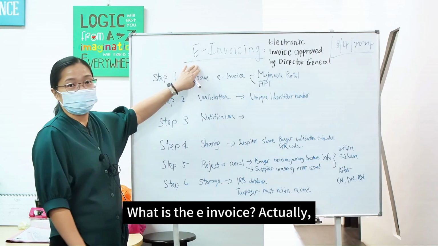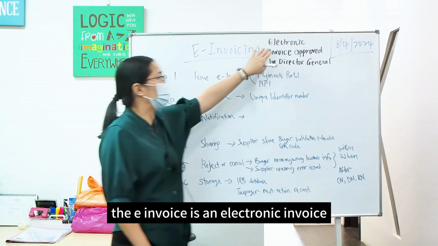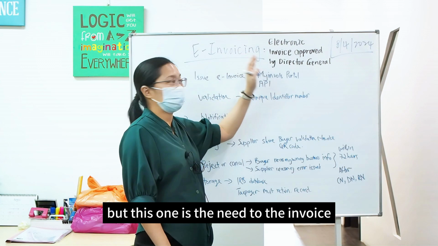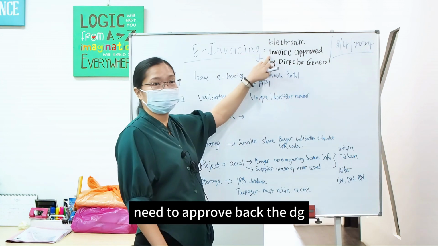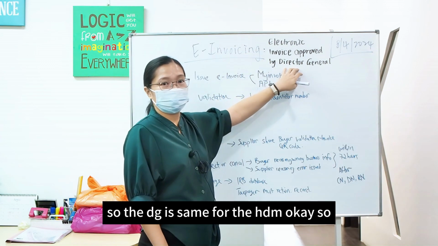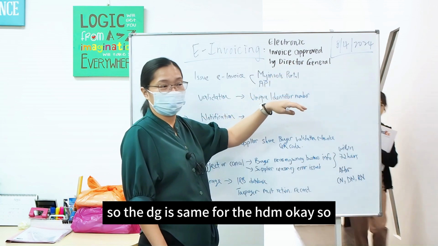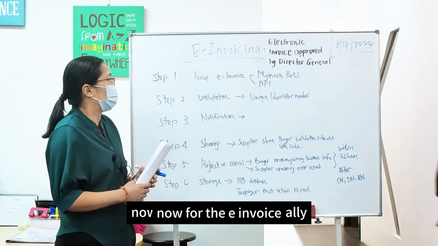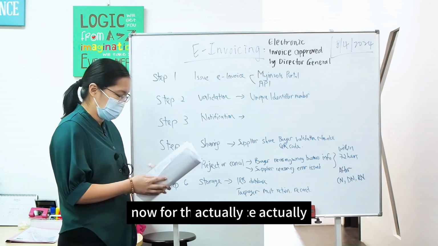So what is the e-invoice? Actually, the e-invoice is an electronic invoice, but this one is an invoice that needs to be approved by the DG. So the DG stands for the LHDN. Okay. So now for the e-invoice, actually